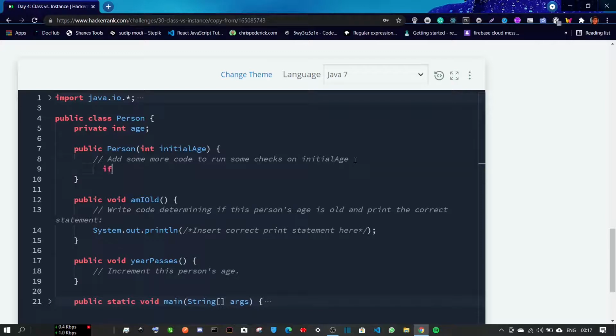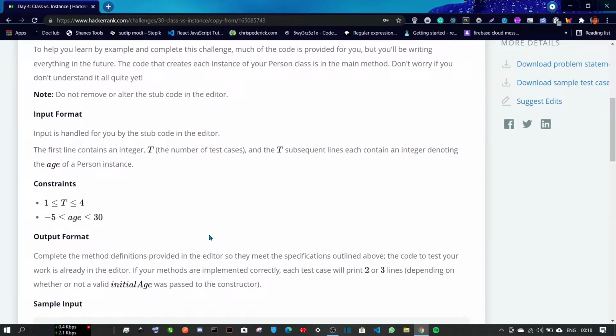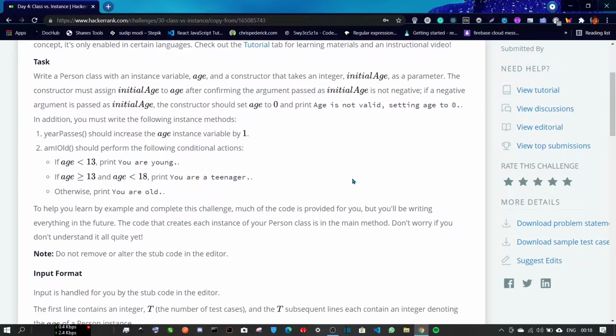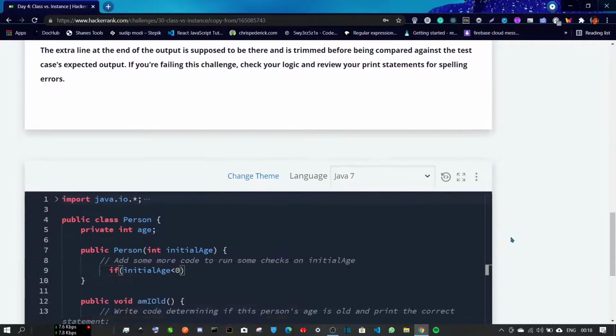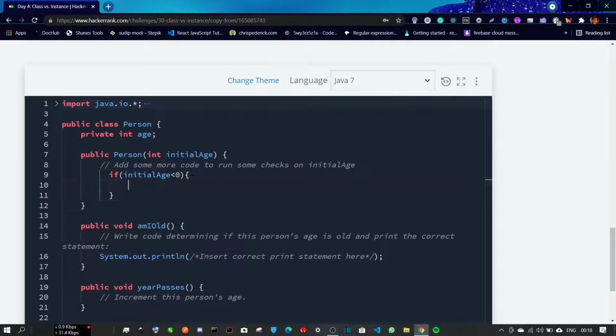So if initial age is less than 0, we have to print that age is not valid. So age is not valid, setting age to 0, right? So here the initial age is negative. If the initial age is negative, we have to print that statement.